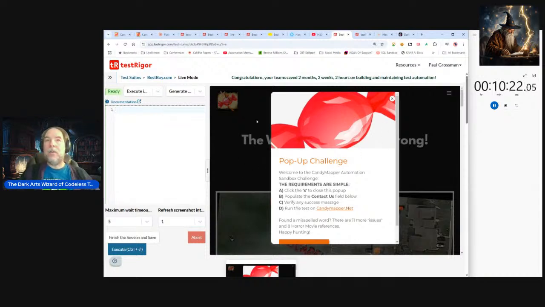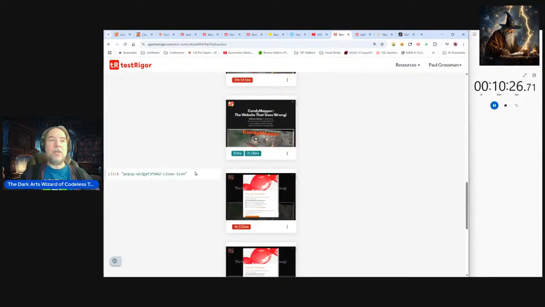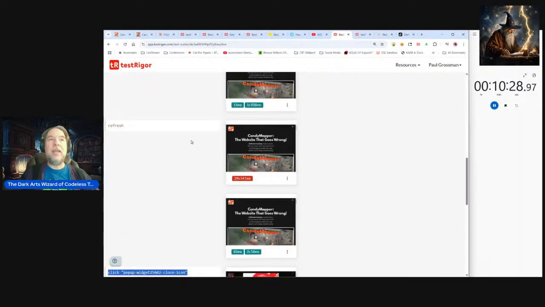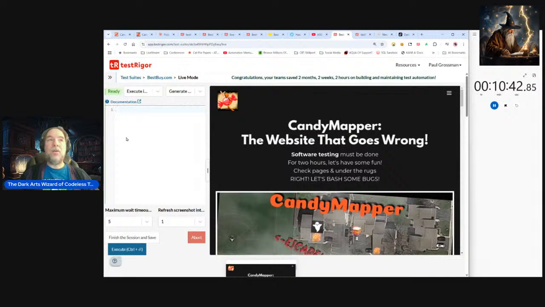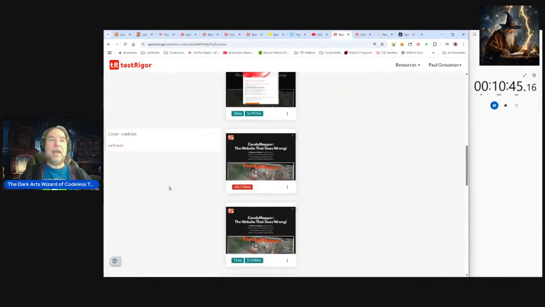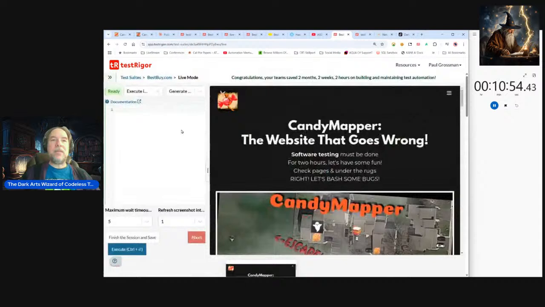Cool. Now, we're going to try this. We're going to say close this icon over here. And I'm going to change it a little bit so it says click close icon. And I'm going to execute that. Does it hit it? It got it. It closed it. So now I don't have to worry about the next time the developers change that widget number, some sort of random thing. Is that cool or what? I think it's pretty cool.